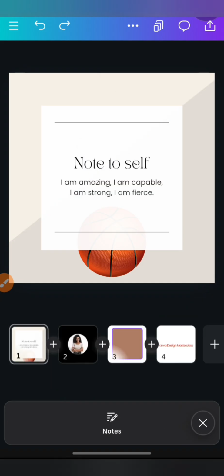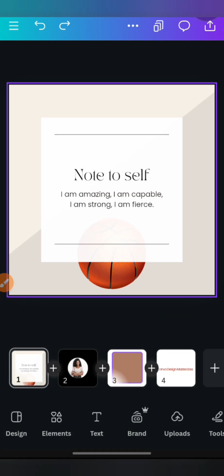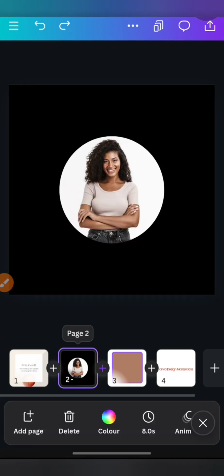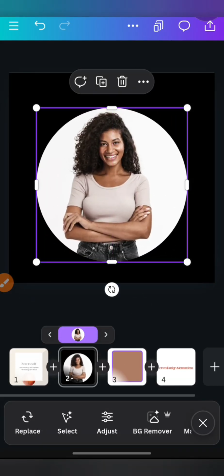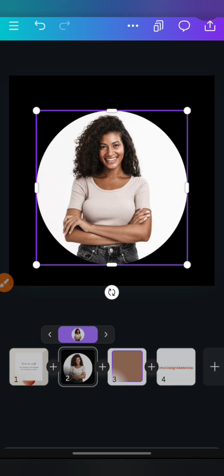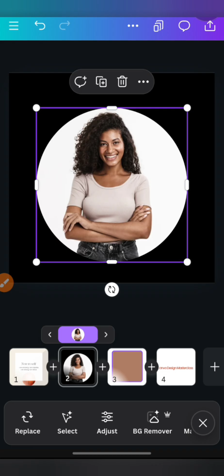Okay, so this is it. I think we've touched on everything so far. Okay, let's go to our image. Let's work on this image. Think image tools. Now when you click on an image, you notice that the tab auto changes. You see this replace. Sorry, let's start from here. This is replace